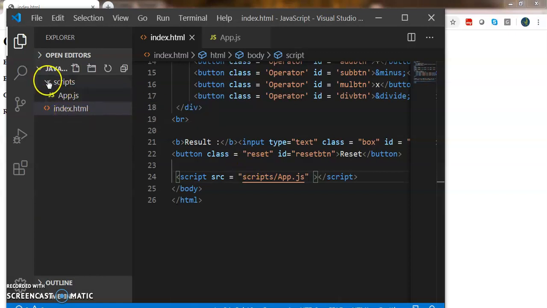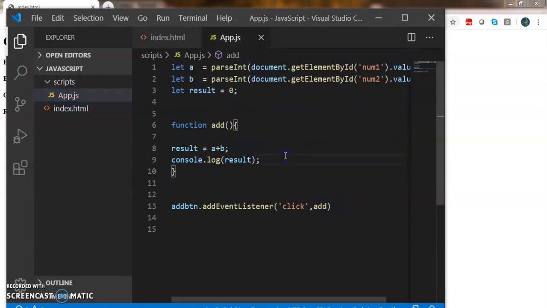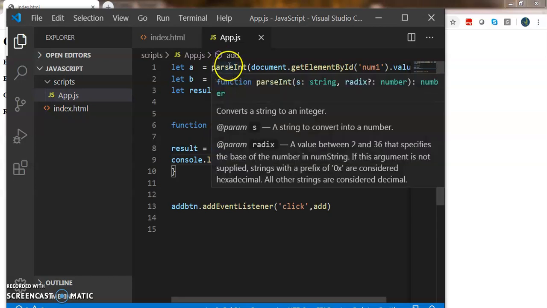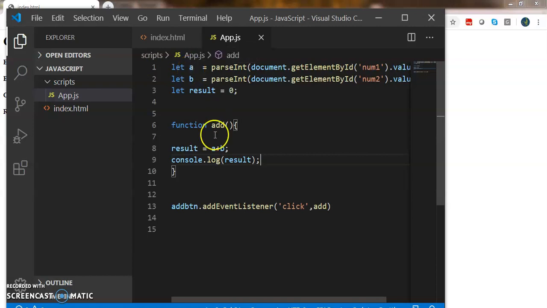The app.js file is inside the scripts folder, so I have given scripts/app.js. Now save this and go to app.js. Even though we didn't declare a here, it has the type number since we have used the parseInt method. So the result of parseInt would be a number.